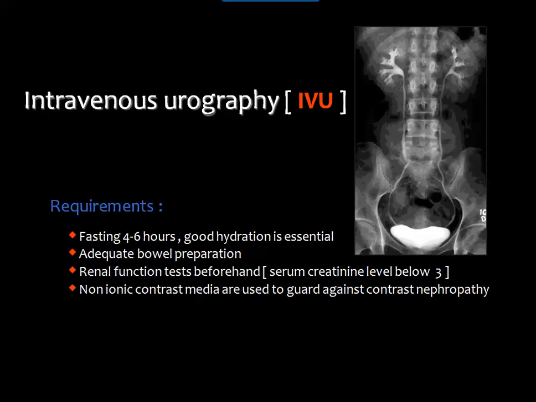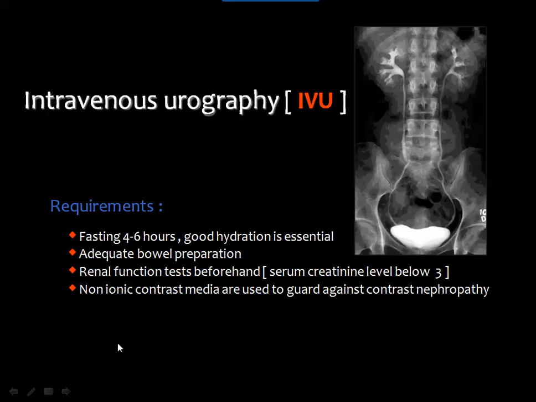And this is not a rule. Many prefer not to inject the patient with contrast if the serum creatinine level is above 2, but it depends on the site and the country